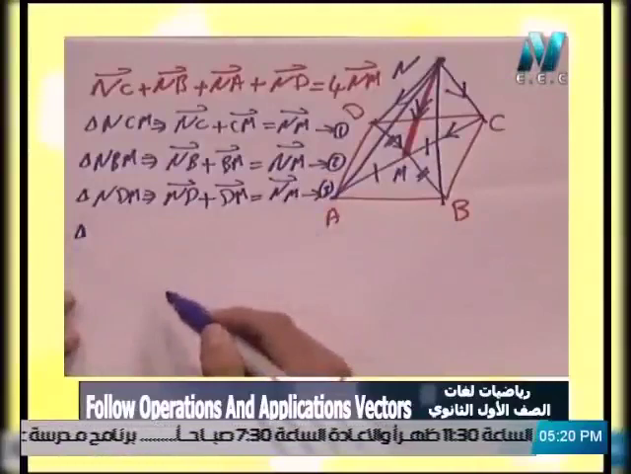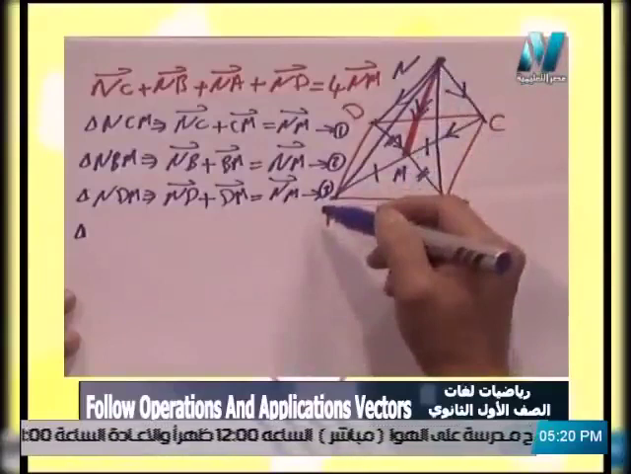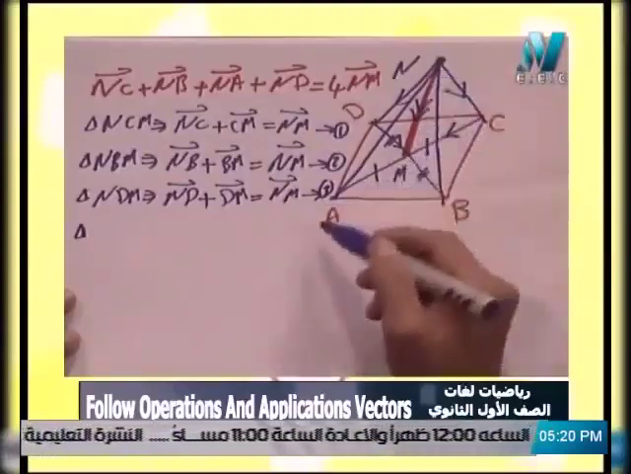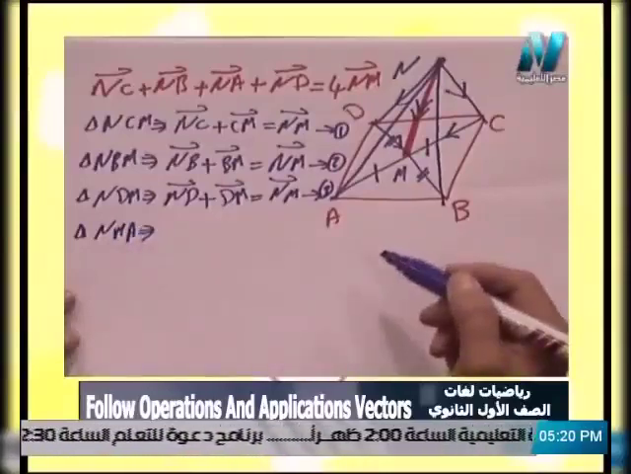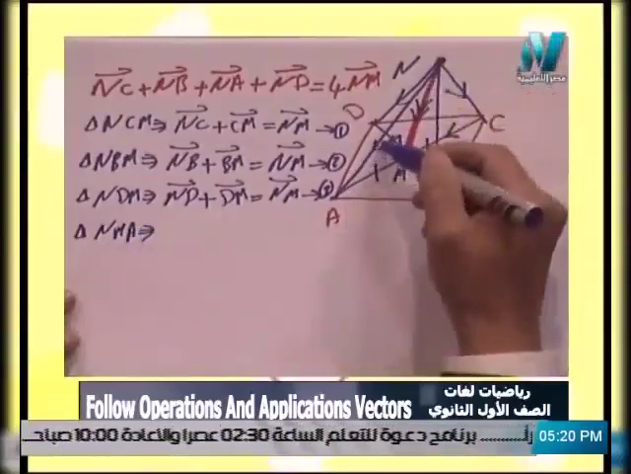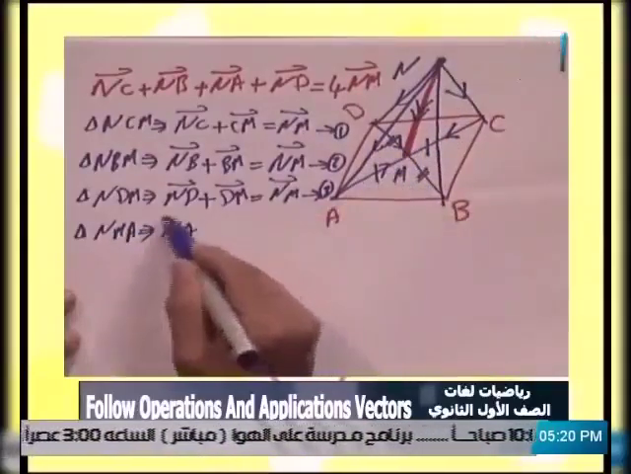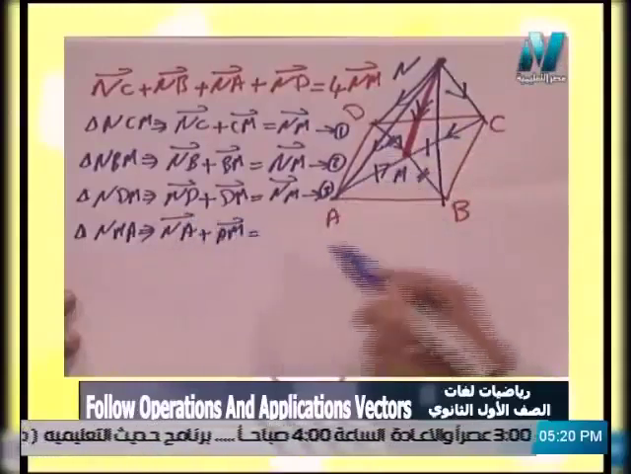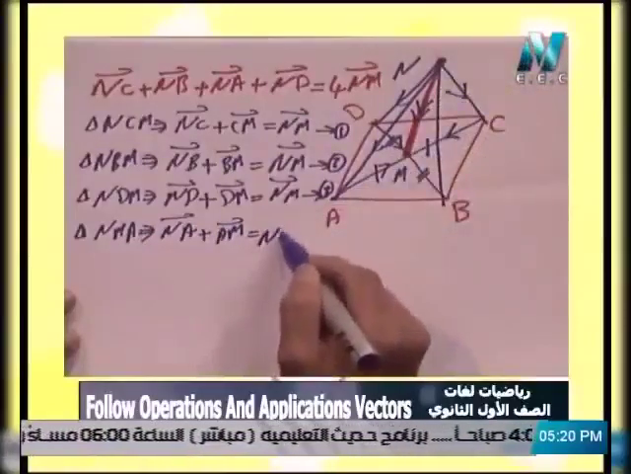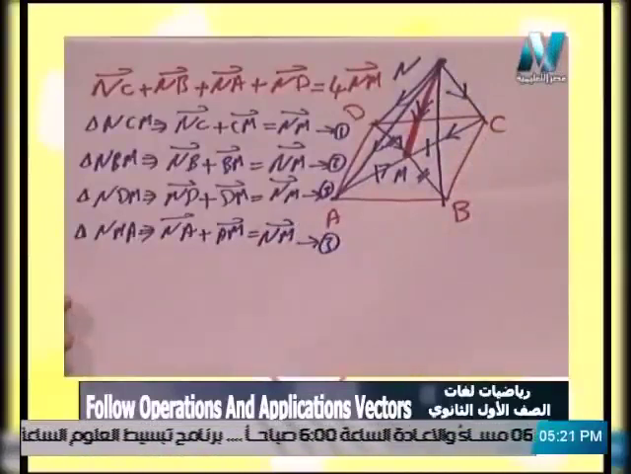We will choose also the last or the final triangle, which is NMA. In triangle NMA, we will find that the vector NA plus the vector AM equals the vector NM also. And this is equation number 4. It seems to you that it's a very big